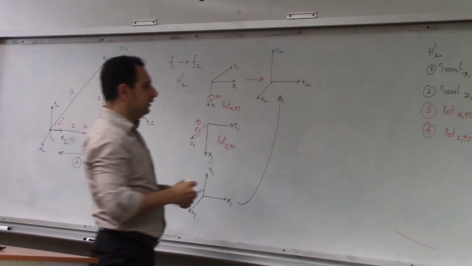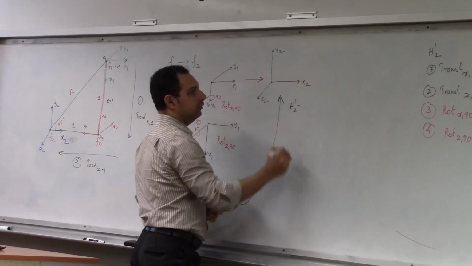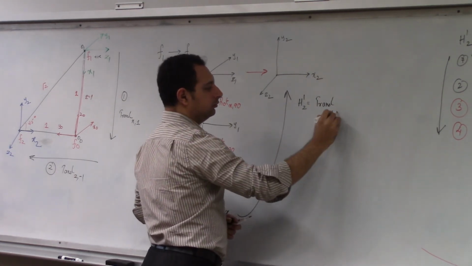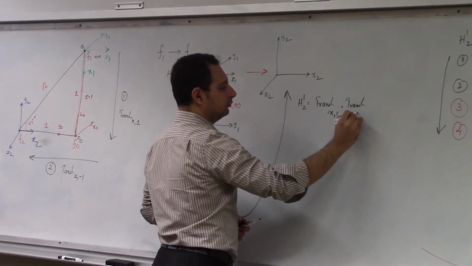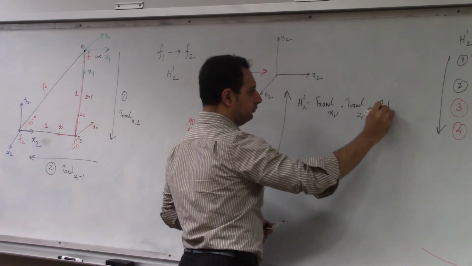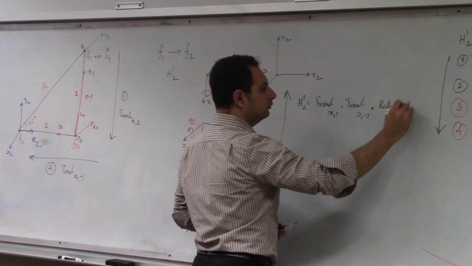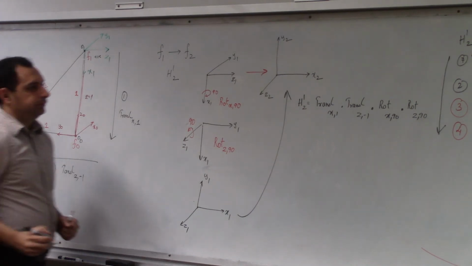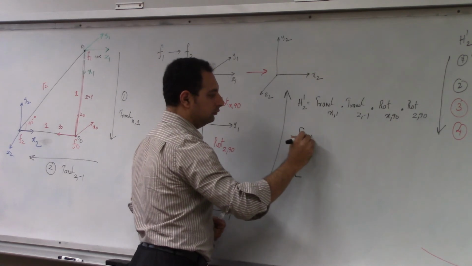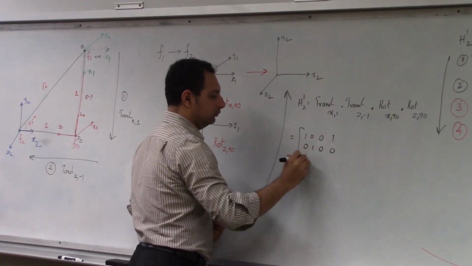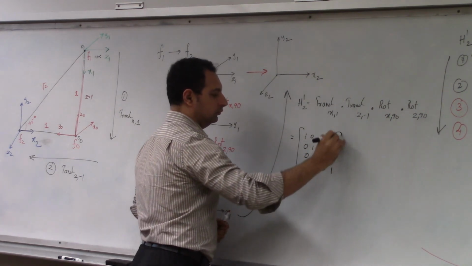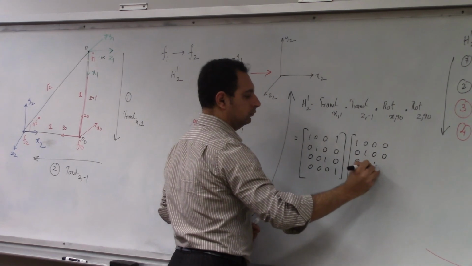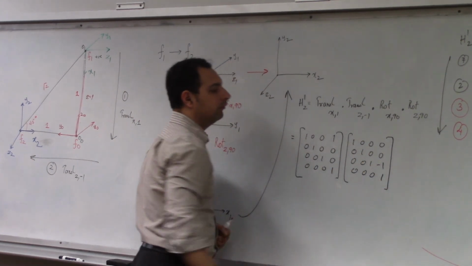So when we multiply this, H12 will be equal to the product of all these. X will be